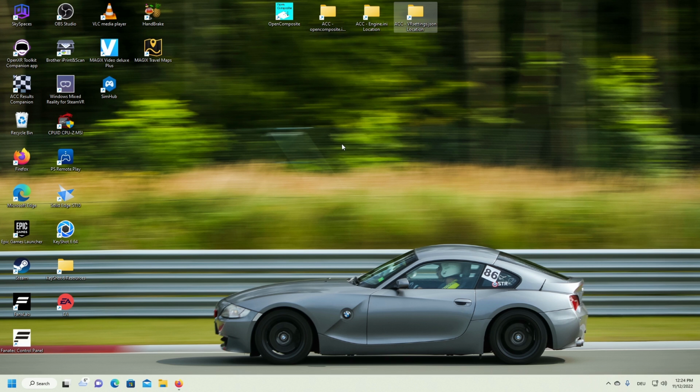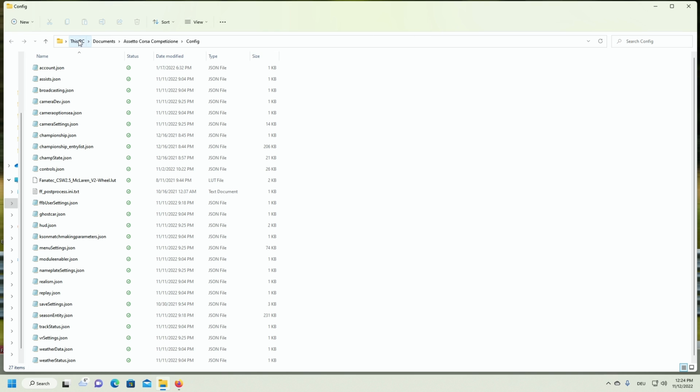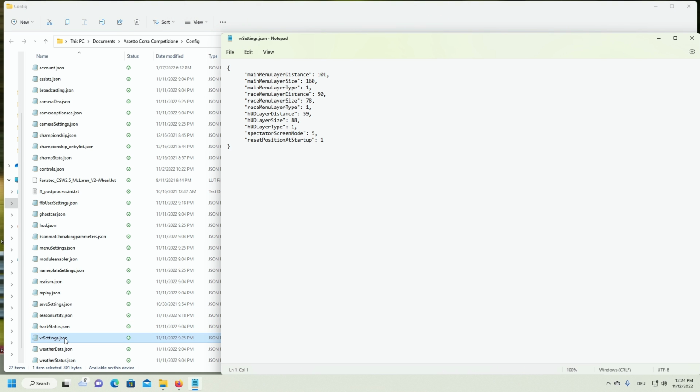Last thing to do in Windows is to look at the VR settings.json file. It can be found under This PC, Documents, Assetto Corsa Competizione, Config, and can be opened with Windows Editor. Within that file, you see the option Spectator Screen Mode with a number behind. There are two settings that are meaningful.